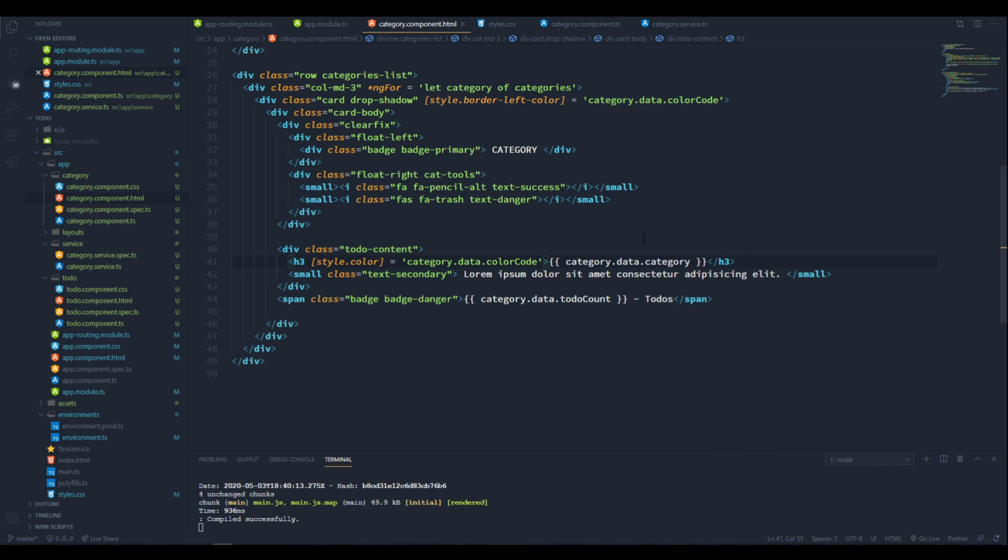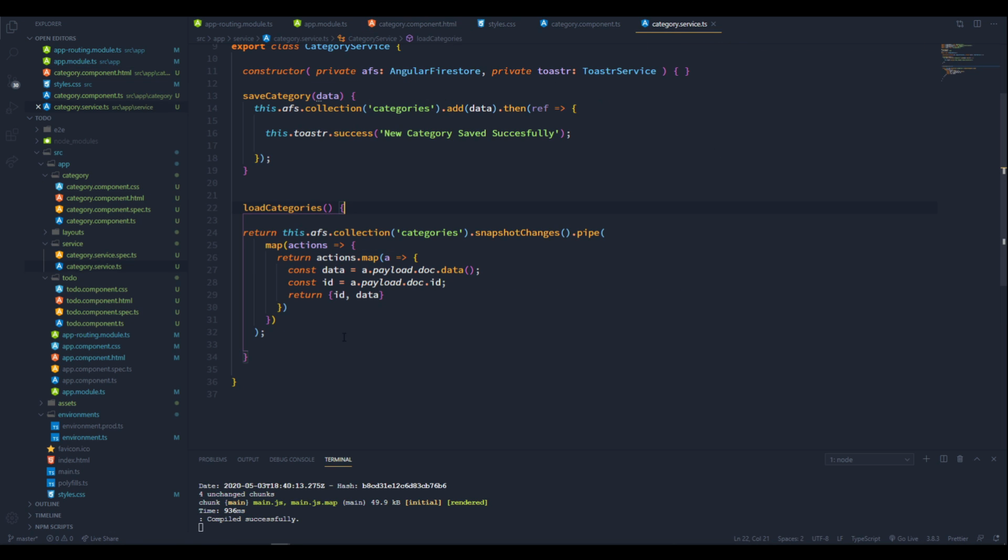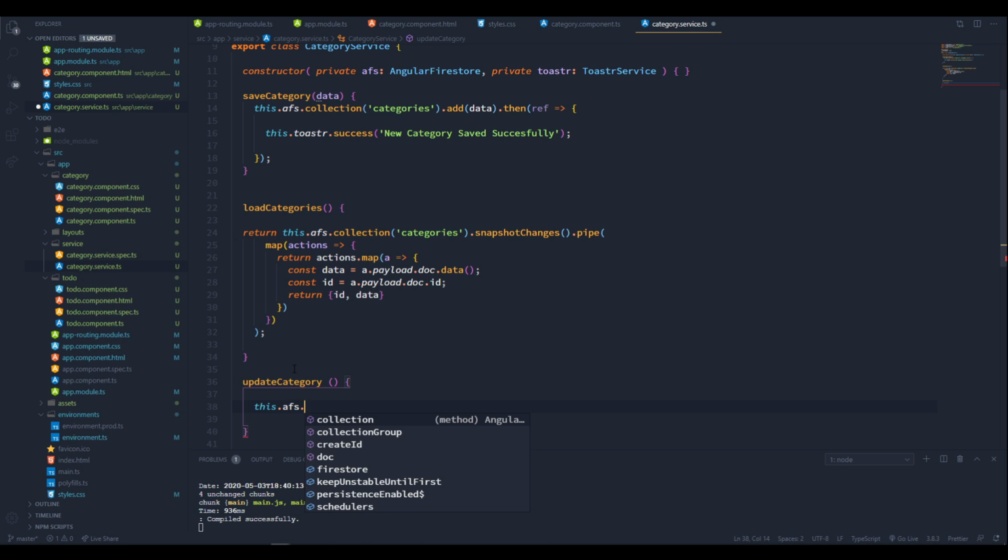Alright, next let's edit the categories. First, let's create an update category function inside category service. The function name is updateCategory. Then parentheses. After this, function scope. Inside this function, let's add the update query. this.afs. This time, not collection. We are updating a document. So, doc,